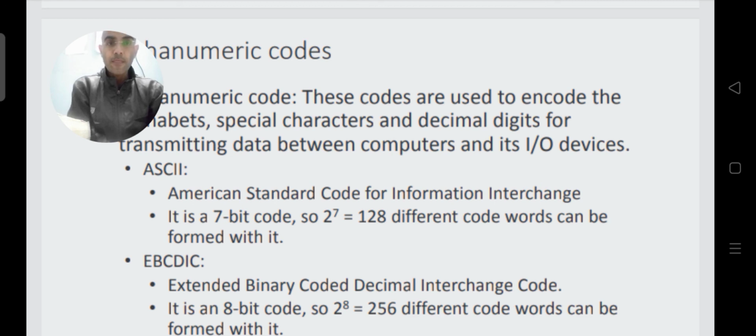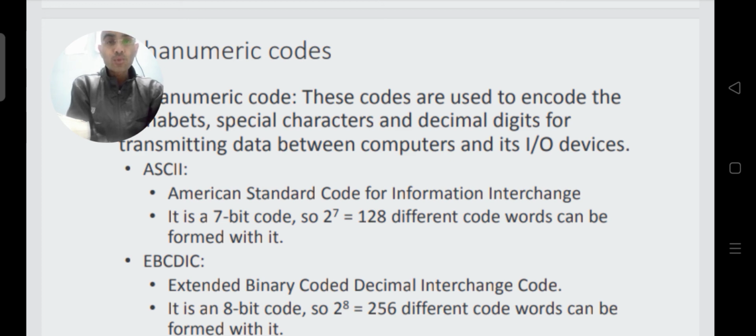But this was the code which was used earlier. Now, as the processors have advanced and we want to include more symbols to encode, we use an 8-bit code rather than the 7-bit code.